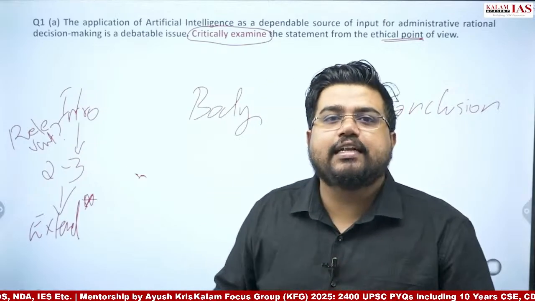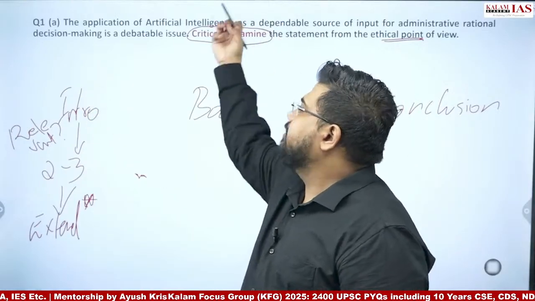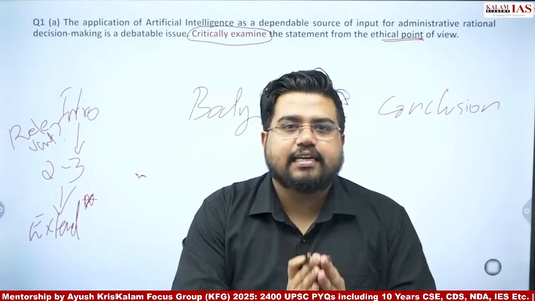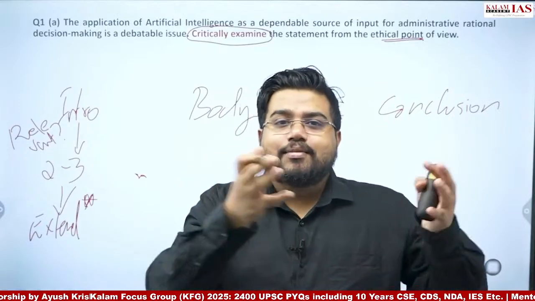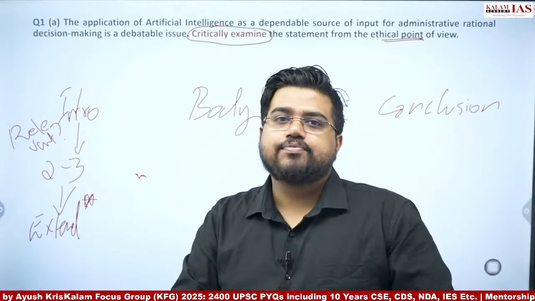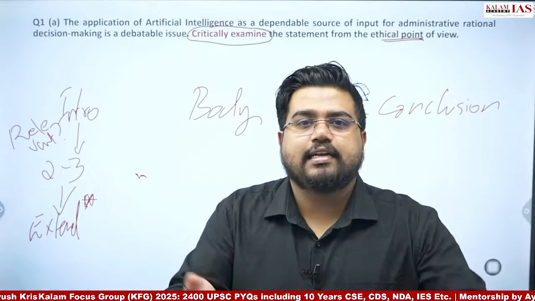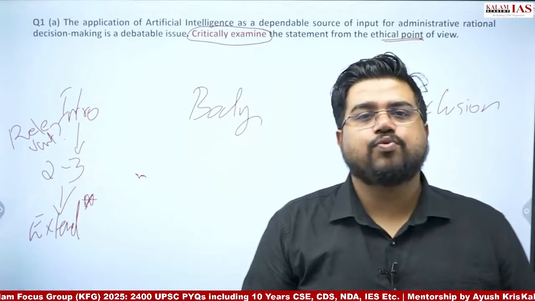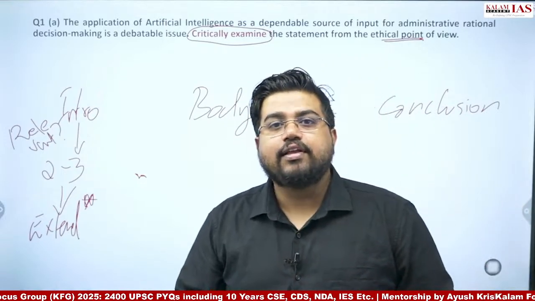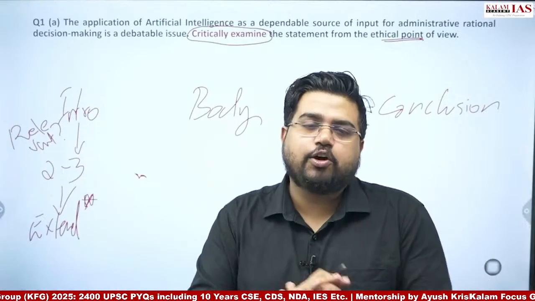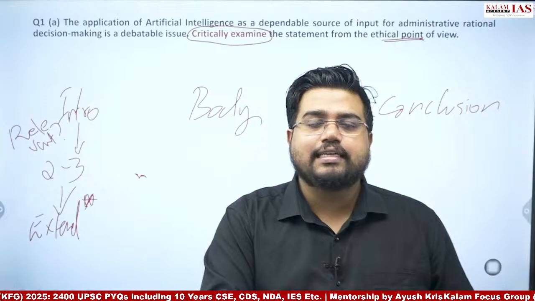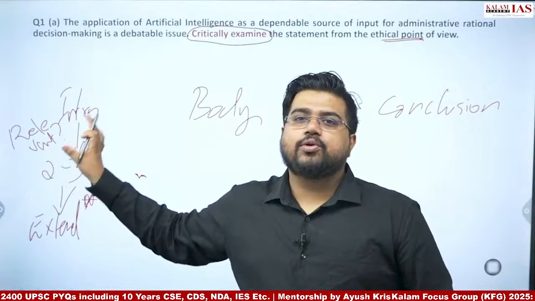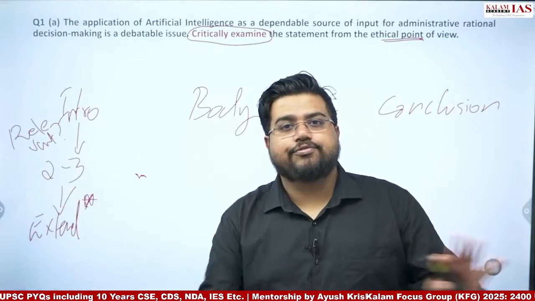If it is fairly relevant, in this question, if you simply defined artificial intelligence, that suffices to be a decent introduction. But define it correctly. What is artificial intelligence? Don't say artificial intelligence is, say, big data analysis, a lot of data analyzed, that is artificial intelligence. No. Systems or machines, when they are working as human brains, when they are taking decisions on their own without pre-programming, that is what artificial intelligence is. So conceptually, don't make any mistake. Otherwise, whatever you write relevant to the question, that is a fine introduction.